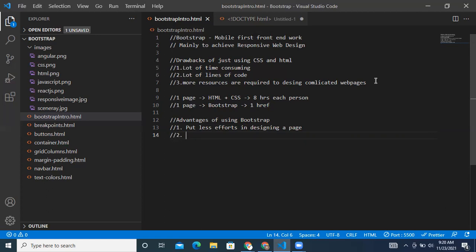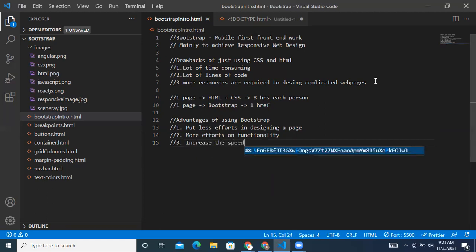And because of this, we can increase the speed of development.